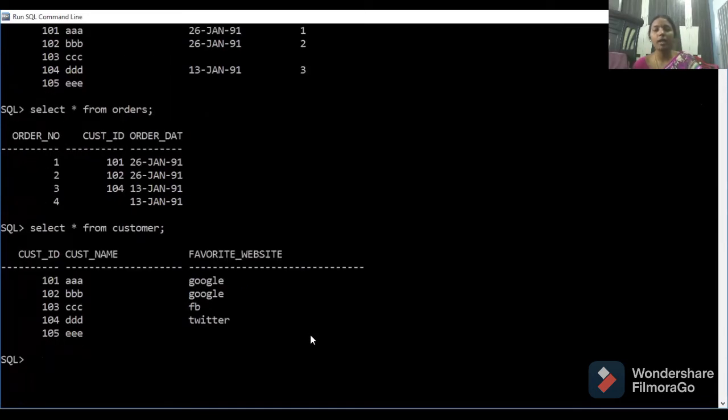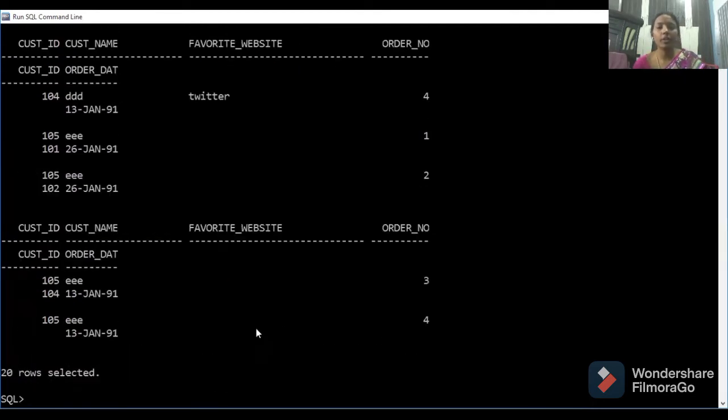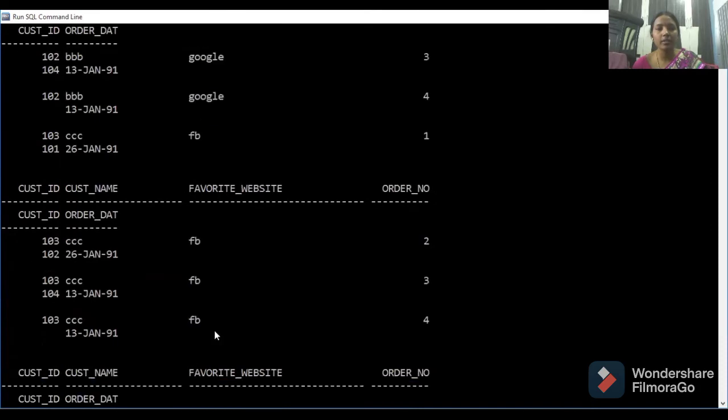So if you perform a Cartesian product, 20 rows should come, right? Select star from both tables, the customer table and the orders table, simply. How many are we getting? 20 rows.